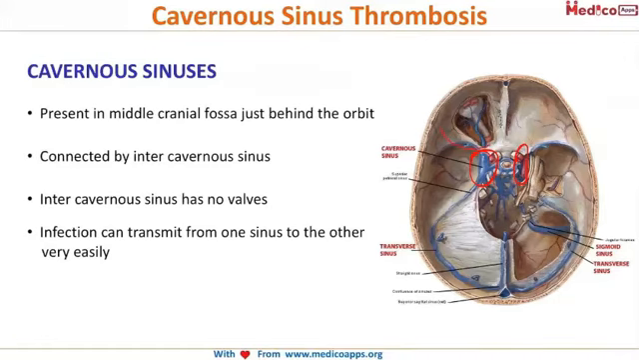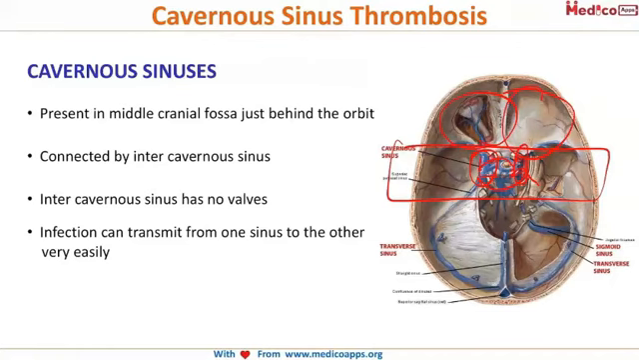So if this is your orbit, you can see these two are your orbits, and the cavernous sinus is lying just behind the orbits in the middle cranial fossa over here. Okay. So they are connected by the intercavernous sinus, and a striking feature over here is that the intercavernous sinus has no valves. So the infection can easily transmit from one sinus to another. It's very free for the infection to communicate from either of the sinuses because of the absence of valves in